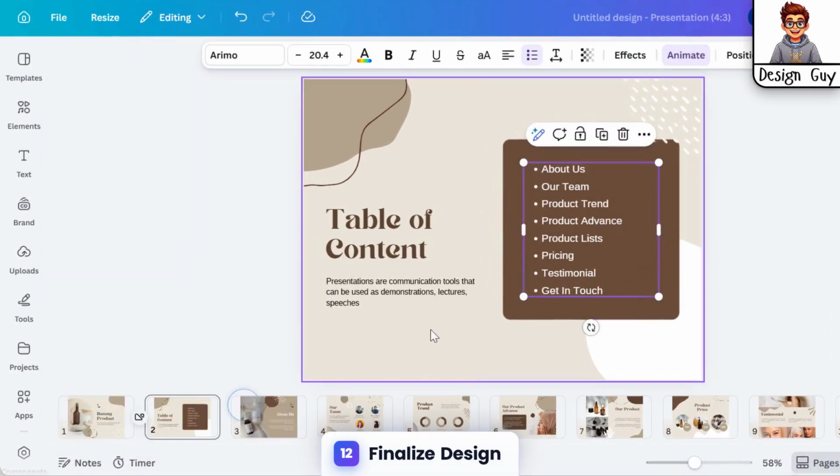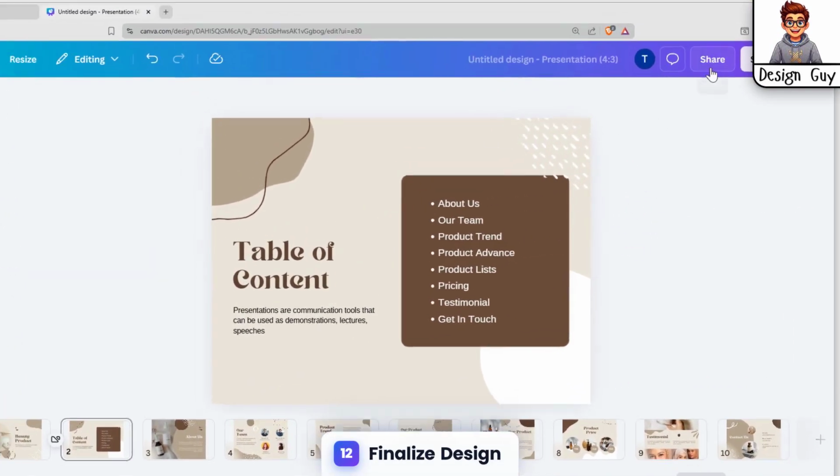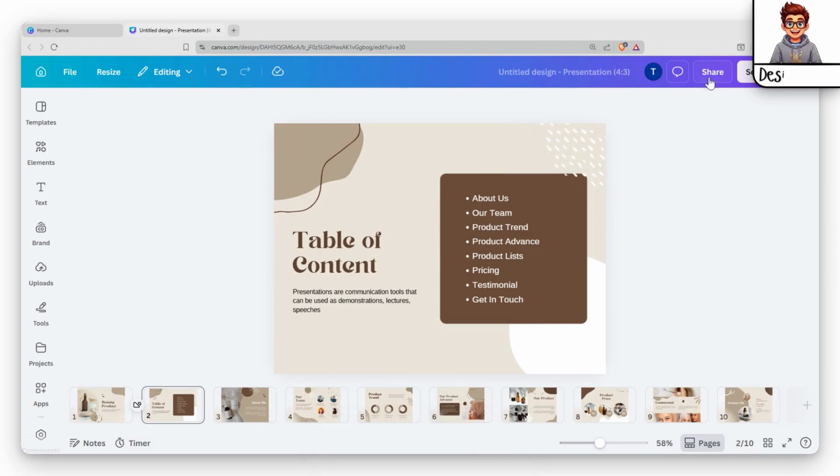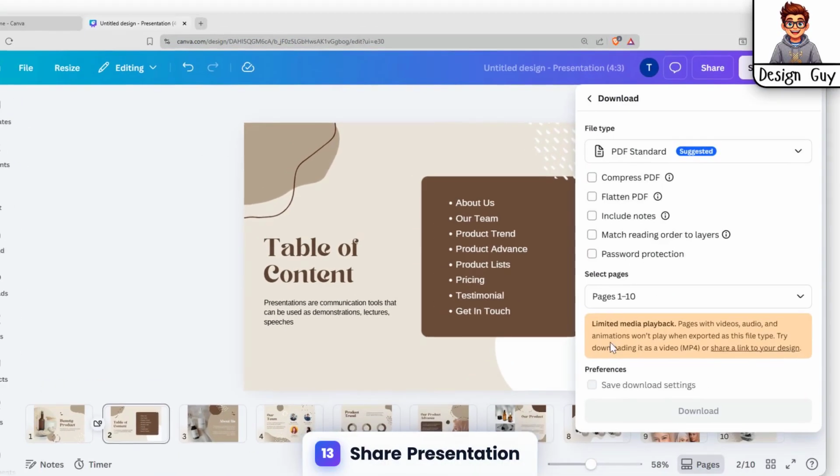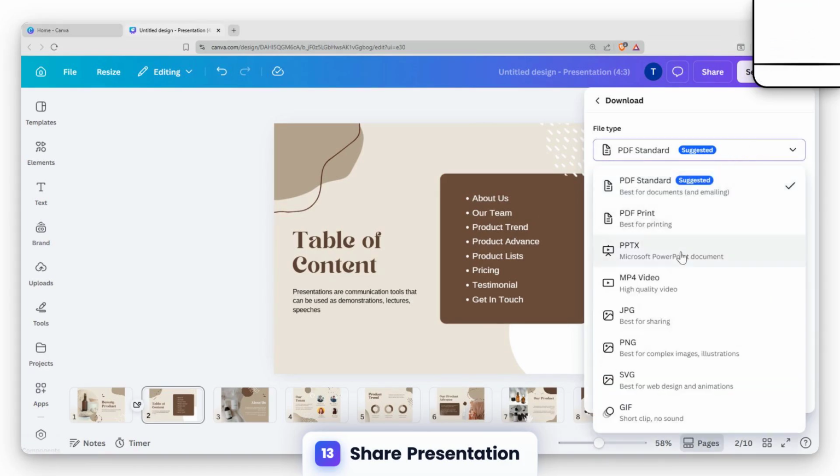Click Done after reviewing your designs and animations to save your work and continue to the next step. Click the Share button, then select the Download option. Choose your preferred file type. You can pick PDF Standard for documents, PowerPoint if you need slides, or MP4 if you want to download your